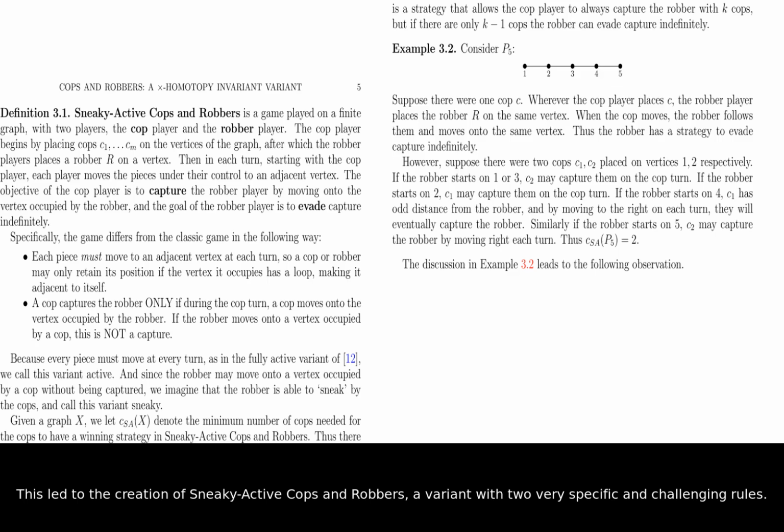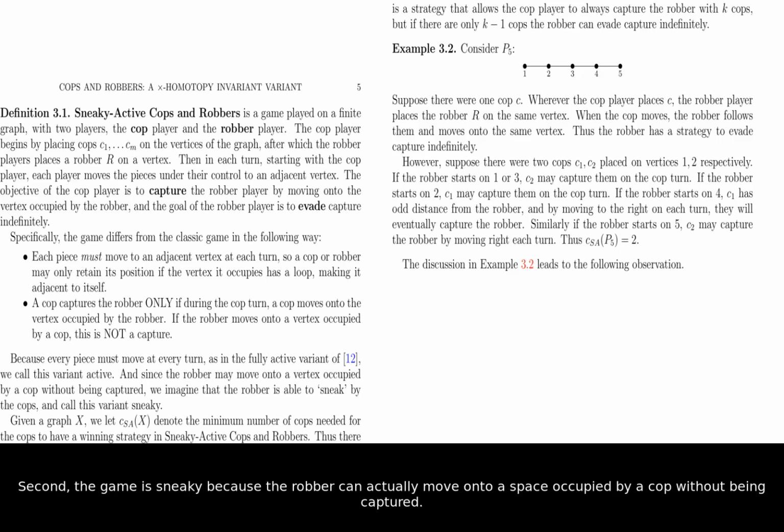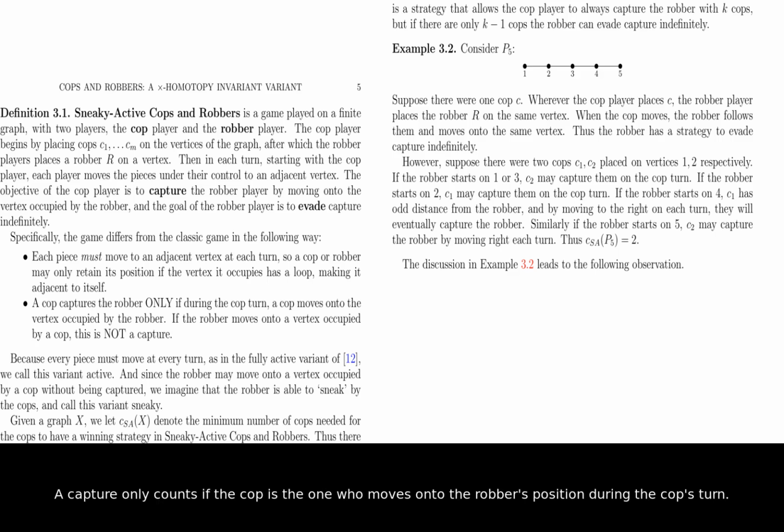mandatory. This led to the creation of sneaky active cops and robbers, a variant with two very specific and challenging rules. First, every piece must move to a new spot every single turn, meaning no one can ever hide in place. Second, the game is sneaky because the robber can actually move onto a space occupied by a cop without being captured. A capture only counts if the cop is the one who moves onto the robber's position during the